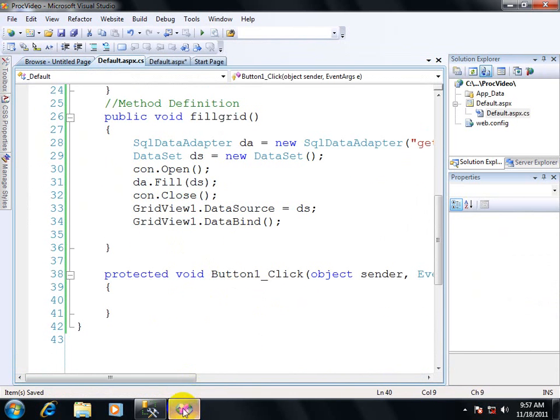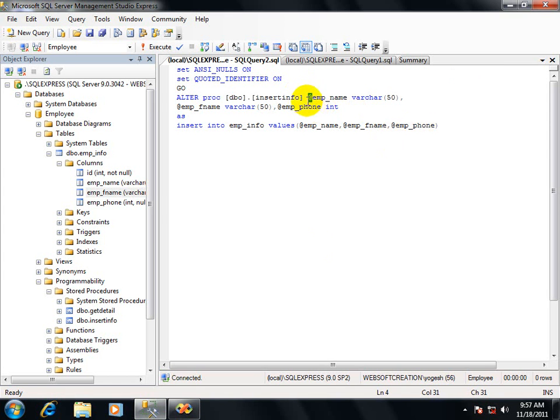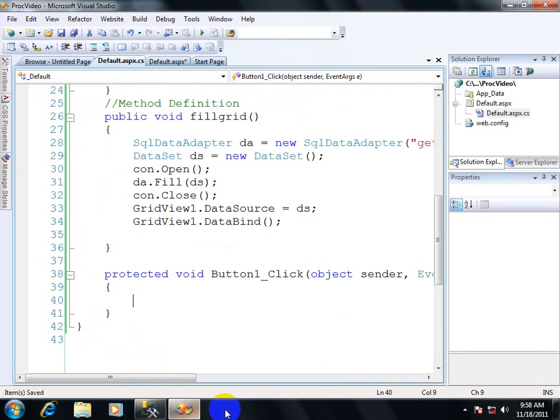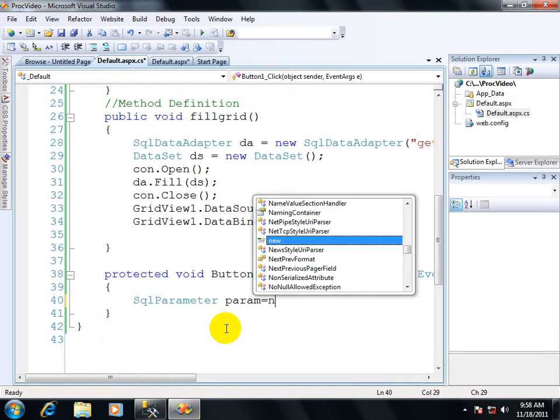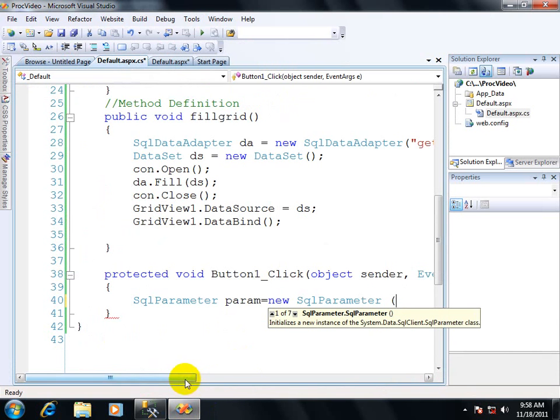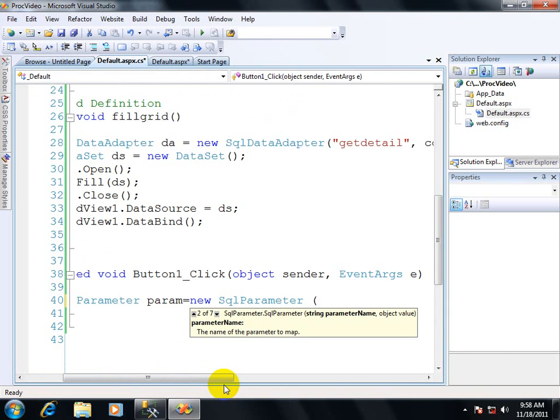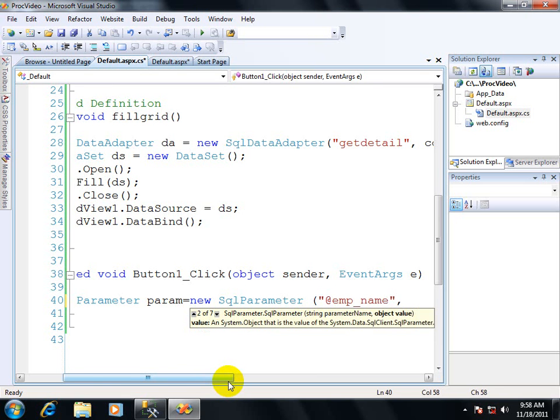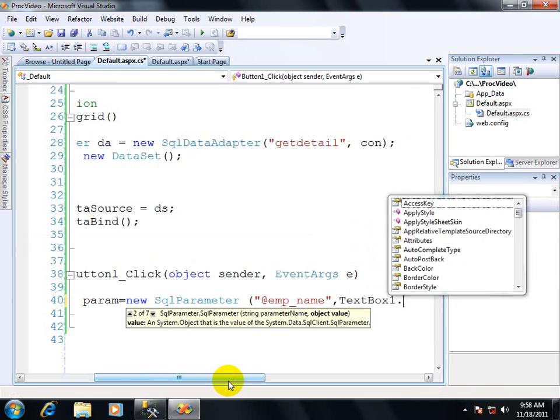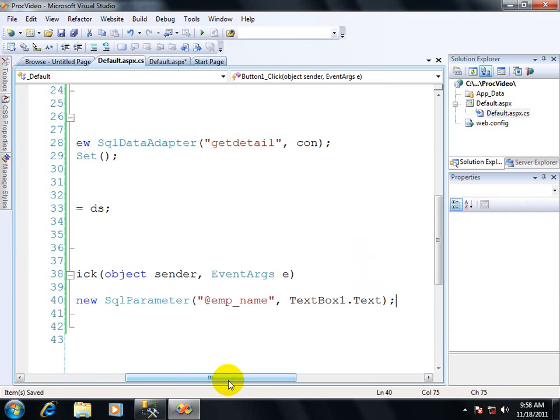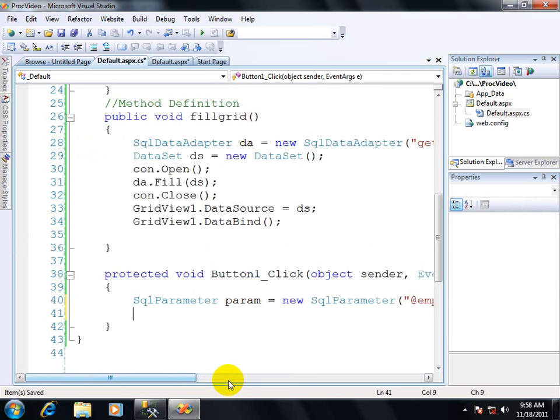Now, as I told you, these are my input parameters. If you take these parameters, then you have to use a class named SqlParameter. I am taking a parameter name, then SqlParameter. I will pass two values: the string parameter name, which is emp_name, as my first parameter name, and the object value is textbox1.text. It means that the textbox1.text value will be passed in emp_name.